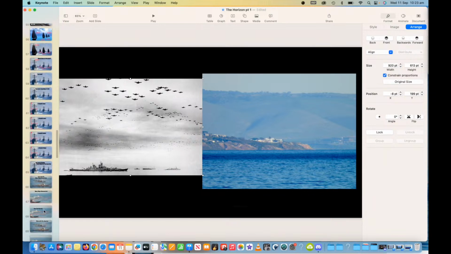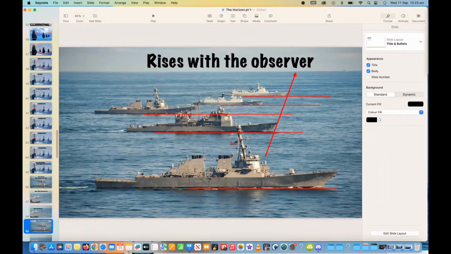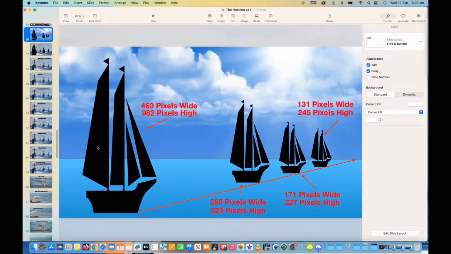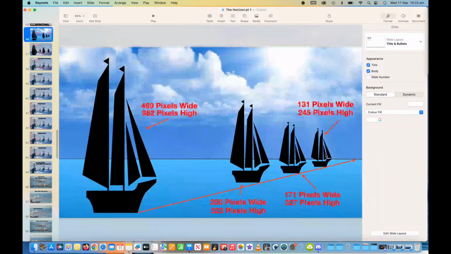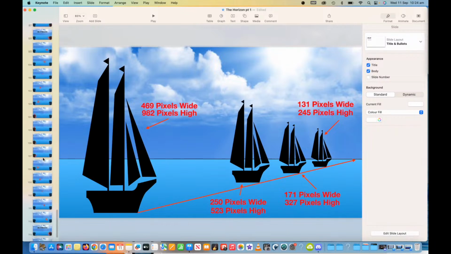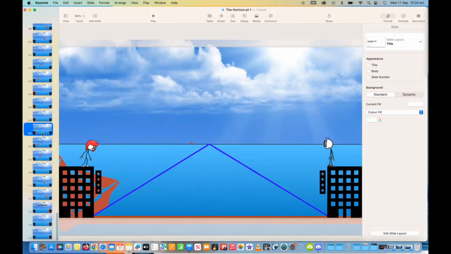we see like this. We see everything rise. We see like this. Technically, all of these ships are the same. They're all this size, or they're all this size, however you want to look at it. They're all this size, but because they're further away, they get smaller. And obviously, when they get even further, they start to get our visual dropping below the horizon due to the way I feel and have explained through this.